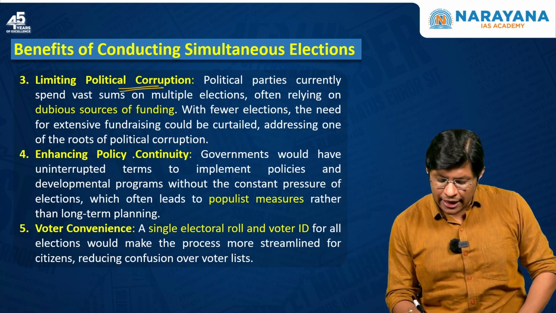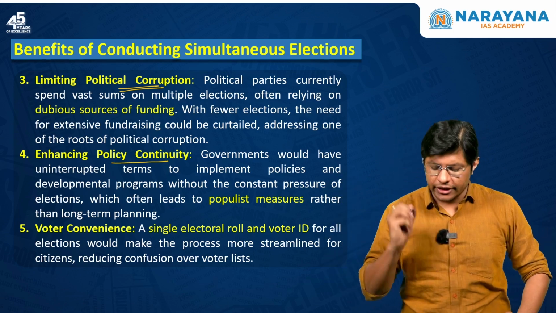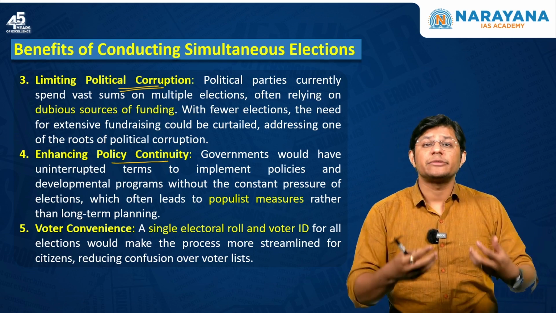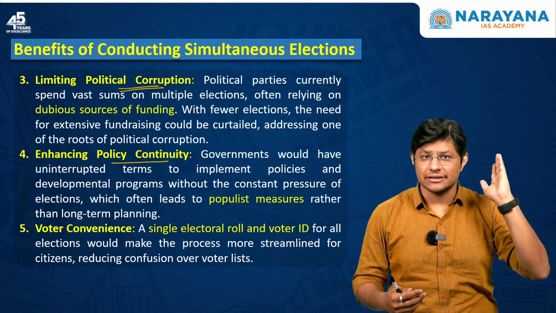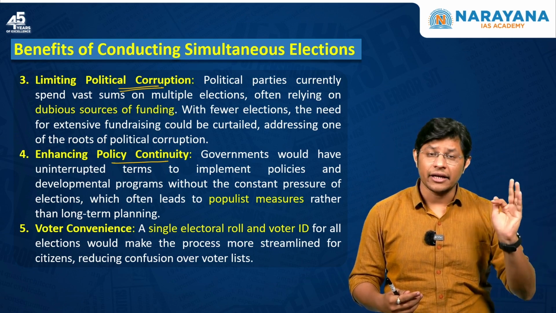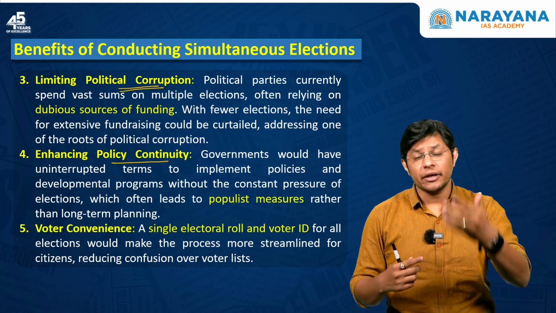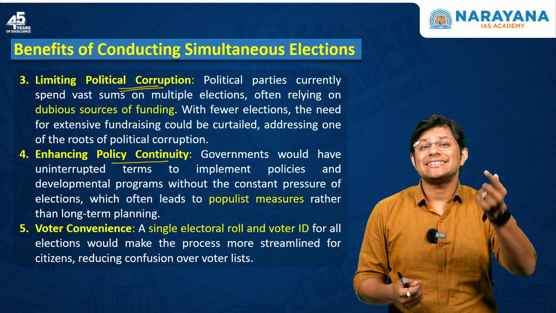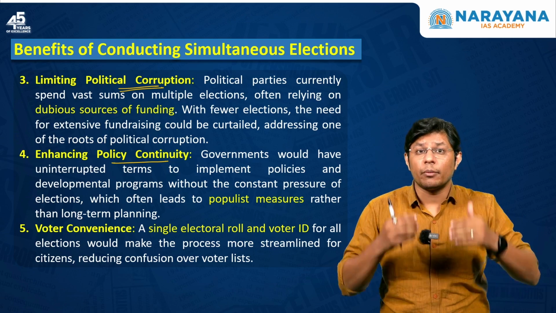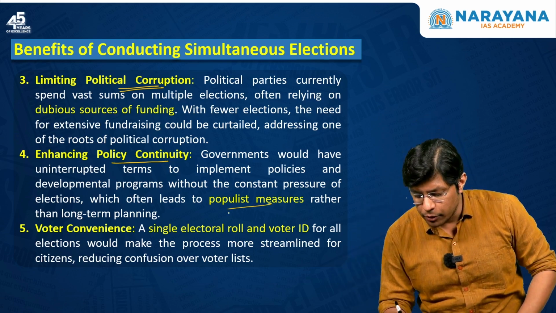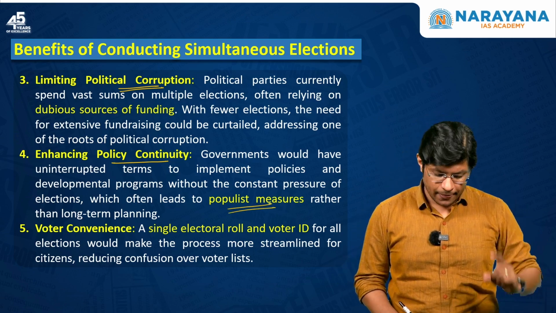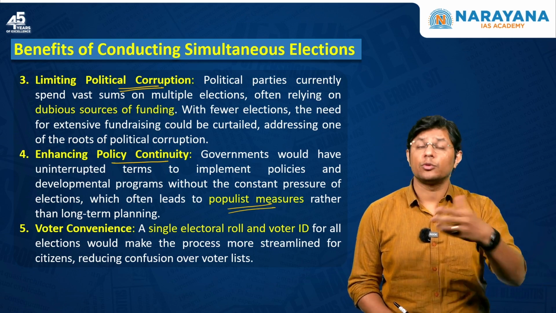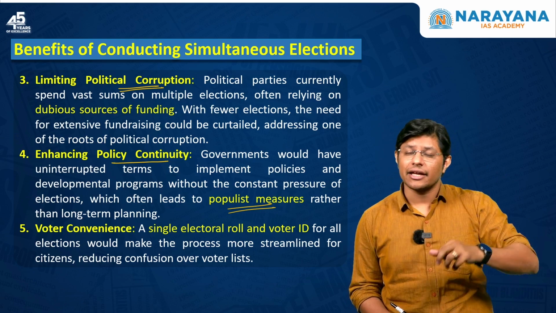The fourth is enhancing policy continuity. Now, during elections, the government announces populist measures, free bus rides, free electricity, right? These are populist measures that the government has to launch to attract votes. So, if you have fewer elections, the government would not resort to such populist measures, right? Which means the policy would be continued and the government would focus more on the long-term benefits rather than short-term